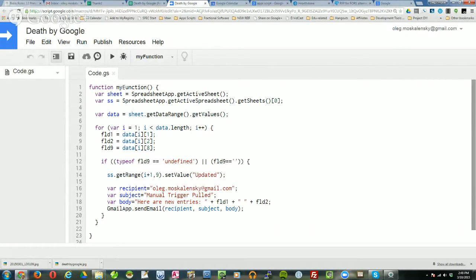In my case, I just left it alone because it doesn't really matter. But if you have multiple functions, they need to be different names, and they can have as much or as little code as you wish. So the first couple of lines here, I'm basically setting up the variables that I need to be able to refer to different parts of the current active spreadsheet. So this var sheet becomes the variable that's being used to point to